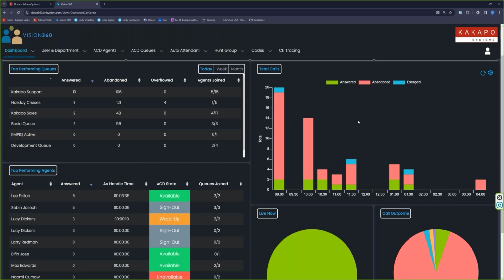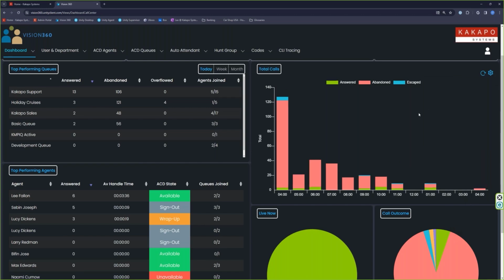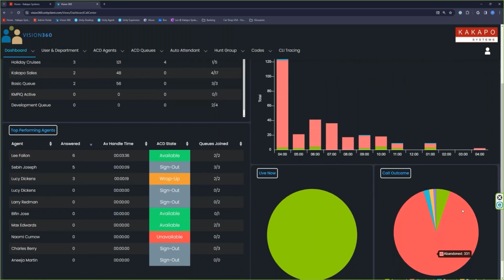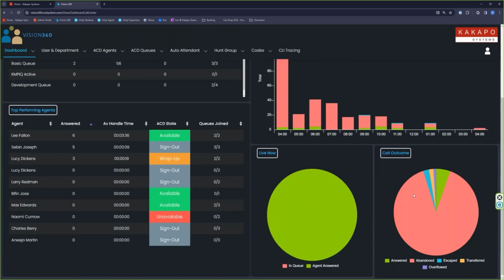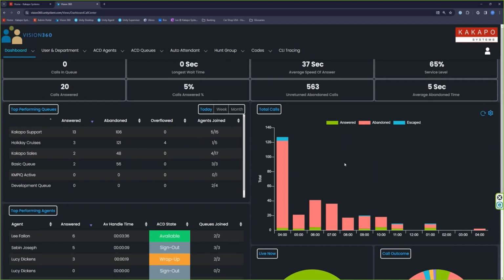Your total calls is going to show you your total amount of calls over a set time frame, which you can adjust here. And then your call outcome is just going to show you all that data, but just in a pie chart. So instead of looking at all the different spots where we abandoned calls, I can just go over here and see we abandoned 331, we've answered 20, 4 overflowed, 6 transferred, and 8 escaped. So I can get a good idea as to what's going on with those calls after they leave my call